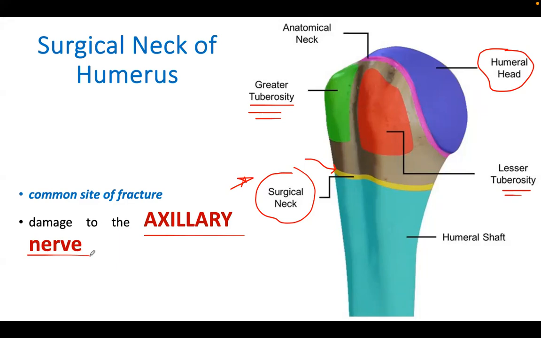Now, question, what shoulder muscle is innervated by the axillary nerve? Let's see your answers. Okay, very good. There are two important shoulder muscles which are innervated by the axillary nerve. First is going to be the deltoid. Second is going to be the teres minor. Okay, again, the deltoid